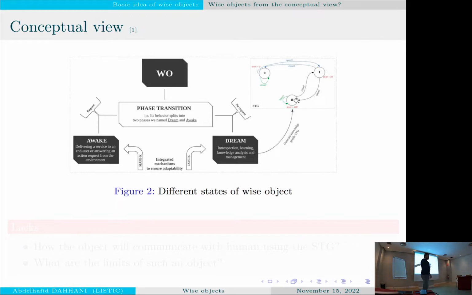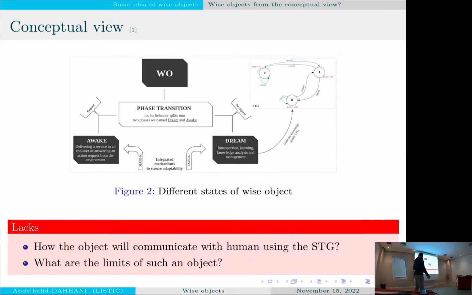So the challenge here is to search where we can find the meaning of this information without involving the end user in contact with Weiser objects. So the question here is how to make this Weiser object able to communicate with humans, like how it will communicate with humans using a clear language.